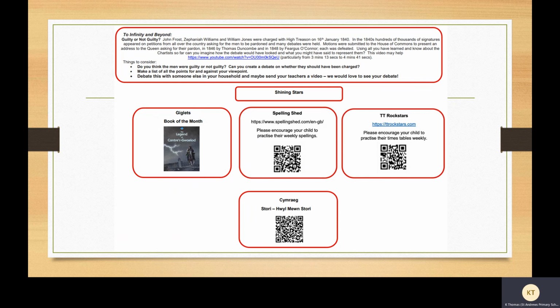We need you to come up with a list of points. If you were going to argue for the men that they were guilty, what are your points that they were guilty? If you don't think they were guilty, what are your arguments against the fact that they should have been sentenced? Once you've got a list of points for and against your viewpoint, see if you can find someone